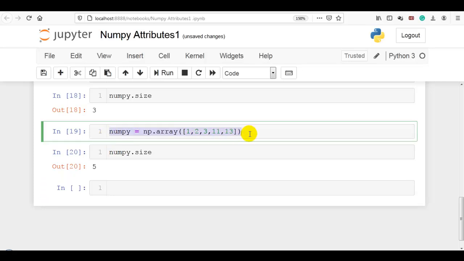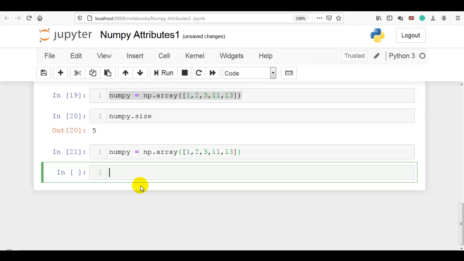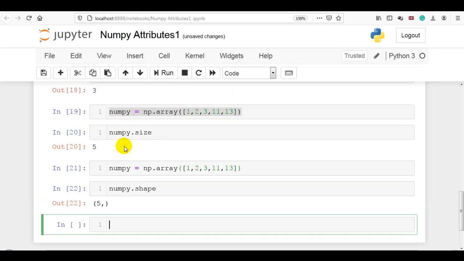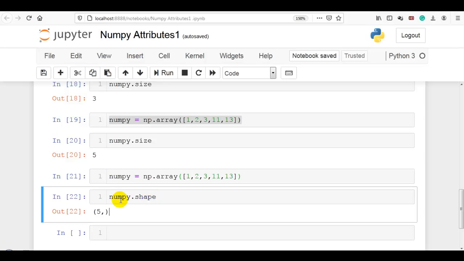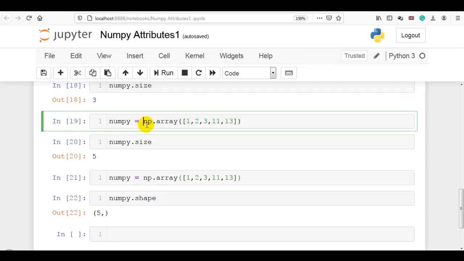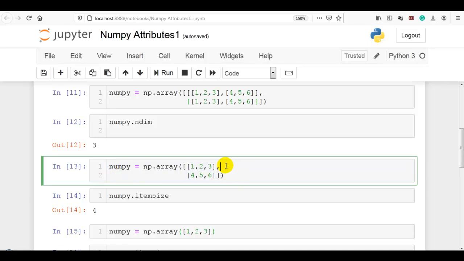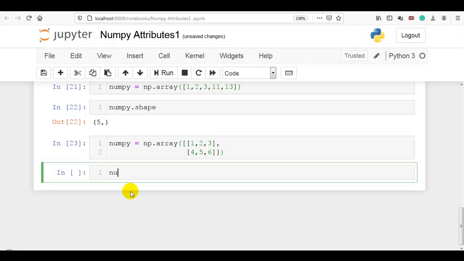Now let me use this one again and np dot shape. This is a 1D array, so the output is 5, the total number of elements. So this is the way of representing 1D shape in NumPy. Let me show you this one and np dot shape.